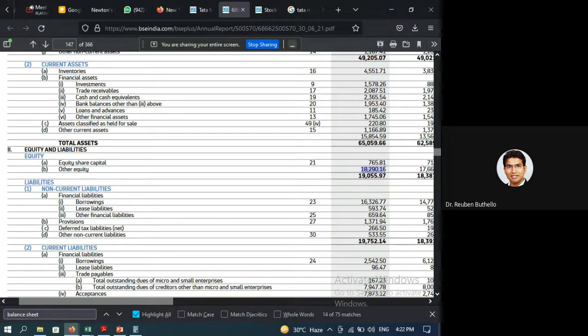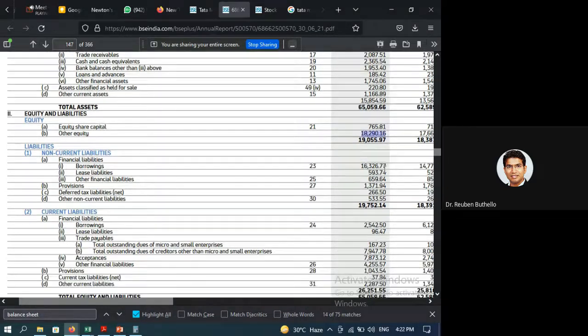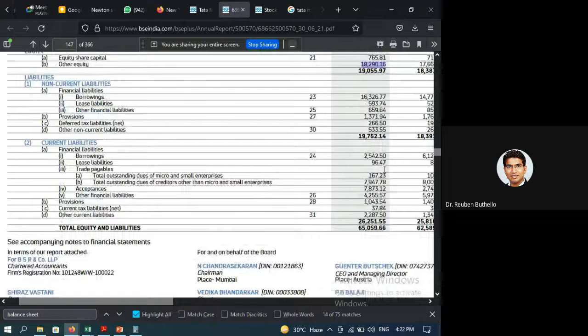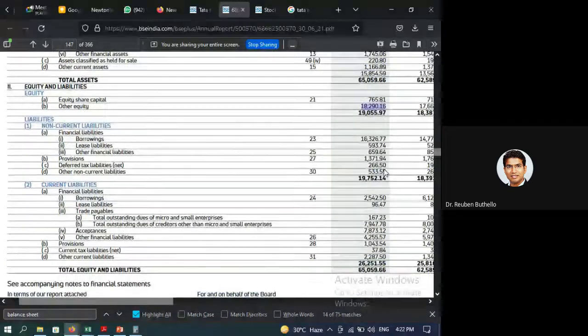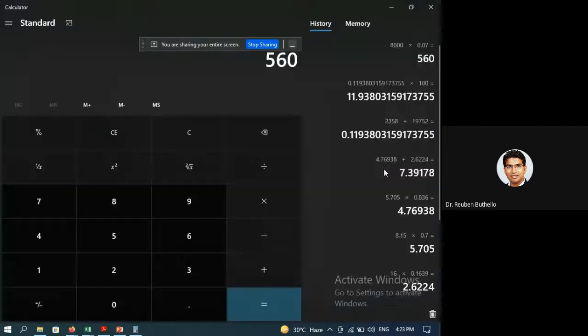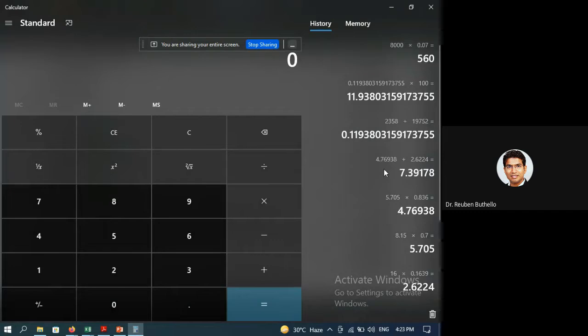Because humans themselves are that way. Can't help it. Human nature. But this is the hardline fact. So instead, his job as a CFO is to bring down the finance cost to such a low level that he can make this 500 crore profit. Now I'll just give you an example. His total borrowings are how much? 19,000 crore. Interest he's paying how much?